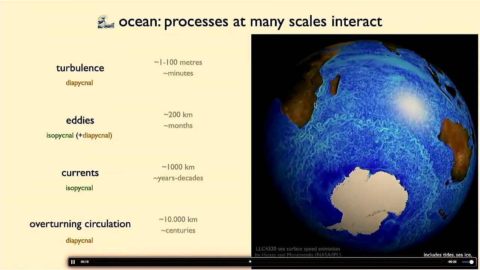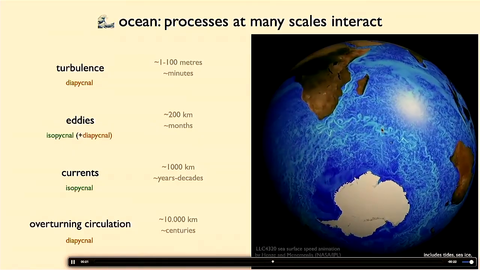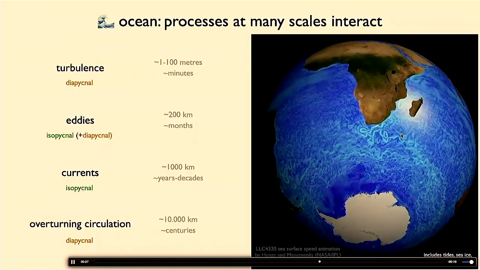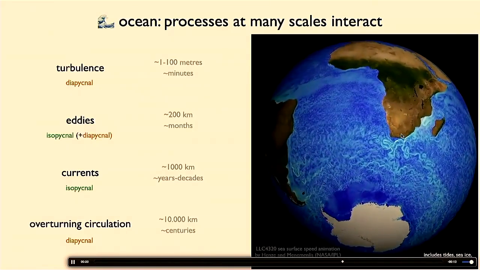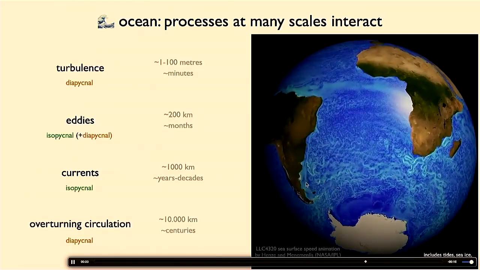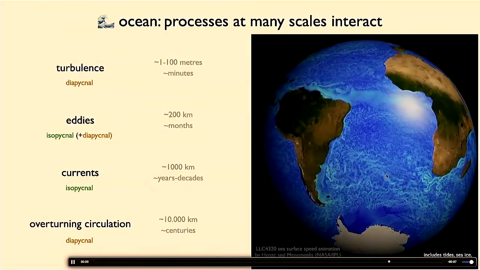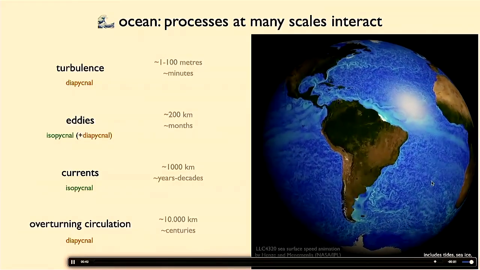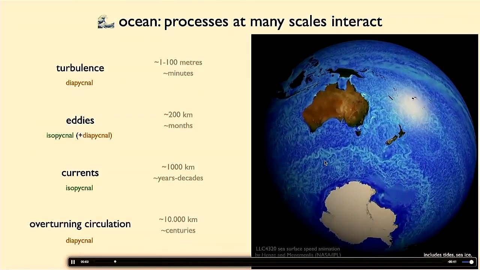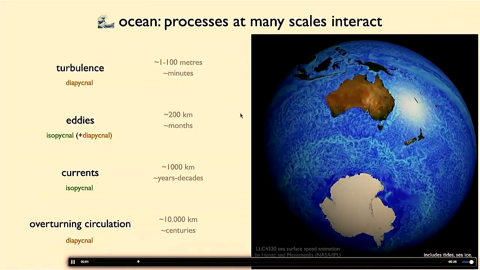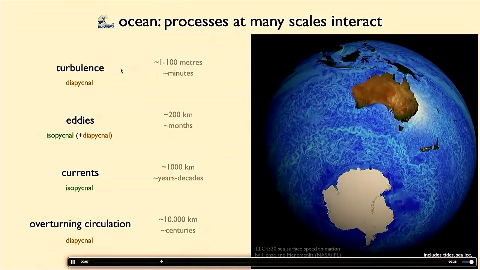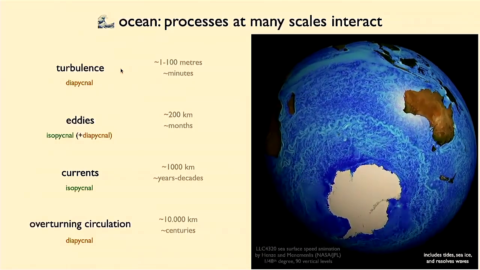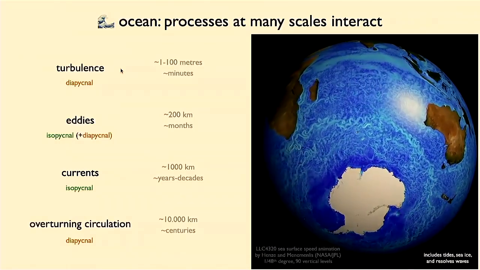But you see there's like big currents. There are eddies, all these circular features, which almost seem like they don't move because the simulation is only for a couple of weeks, and then these eddies move at time scales of a few months. You see tides. You see waves moving around. These are internal waves, Rossby waves, near-inertial waves at the surface. And there's also other things that we don't see. There's turbulence at the length scales of meters that varies at time scales of minutes. This is usually at the top boundary layer of the ocean. I'll show you a movie a bit later.